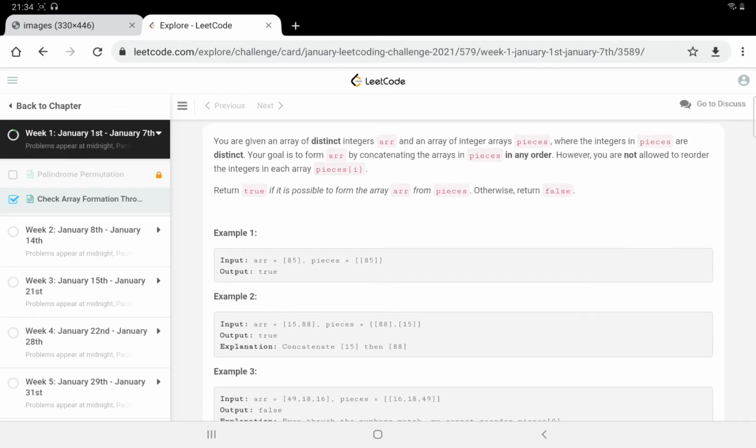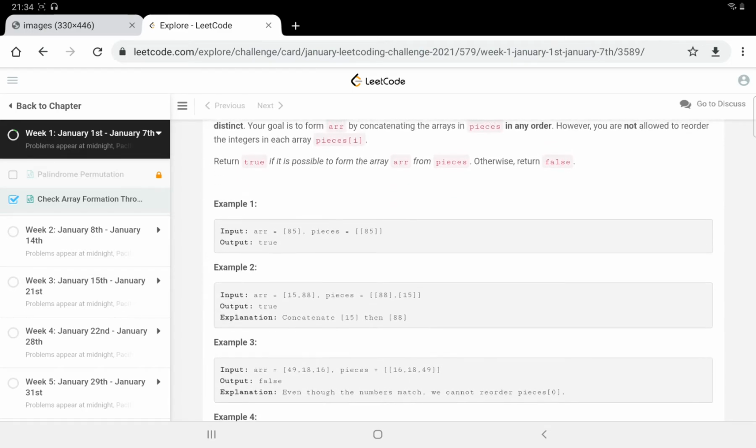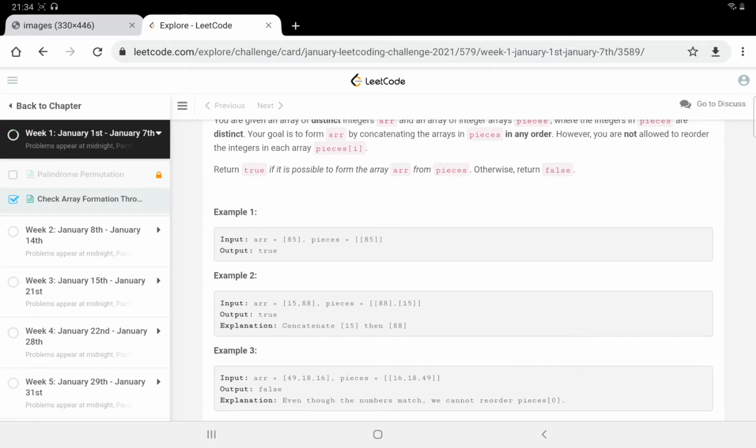What they are saying here is that we will be given two arrays. One is the array, another one is the pieces. Pieces is basically a two-dimensional array. It will contain some more nested arrays. So basically we need to flatten that pieces array into a single array without modifying the sequence of those